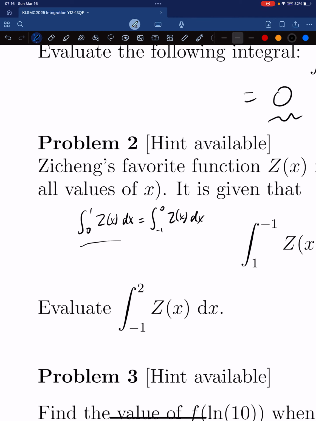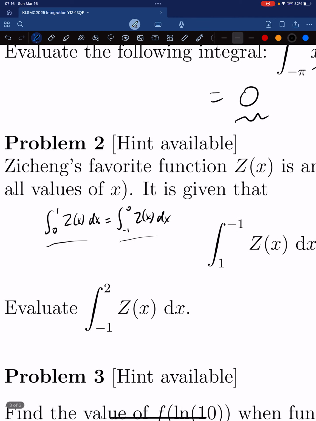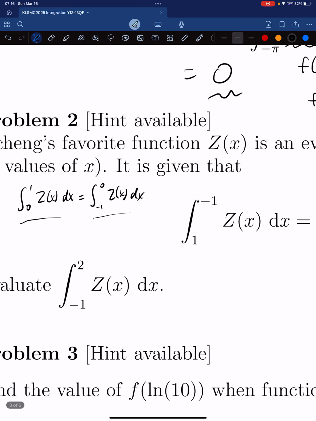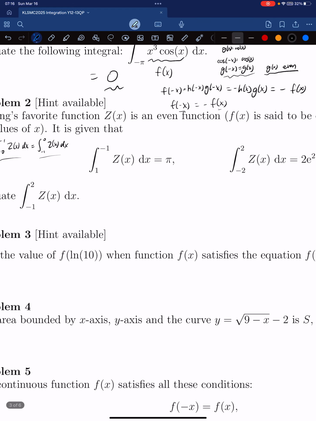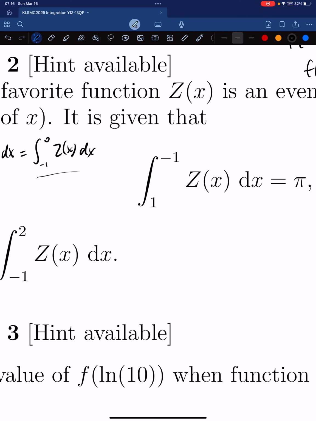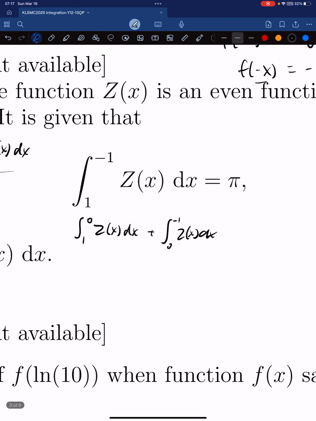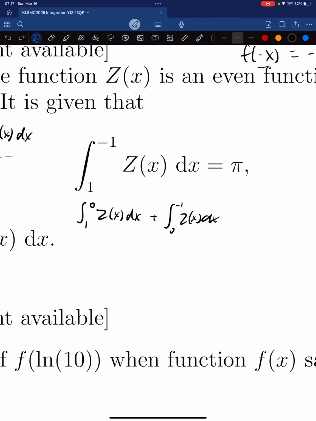Yeah, so these two should be equivalent to one another. Okay, so how do we find this? Well, because we know it's an even function, we can decompose this. So we can decompose this into the integration from 1 to 0 of z of x with respect to x, plus the integration of z of x with respect to x from 0 to -1. So this is equivalent to this,